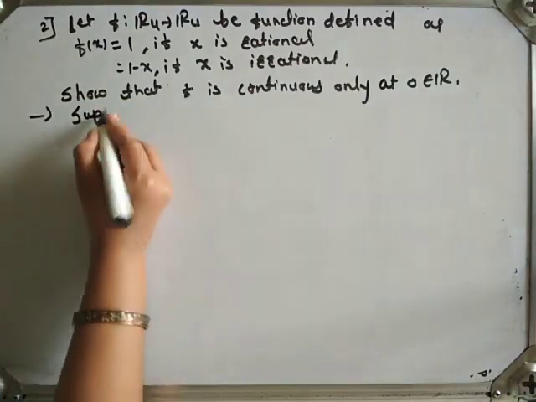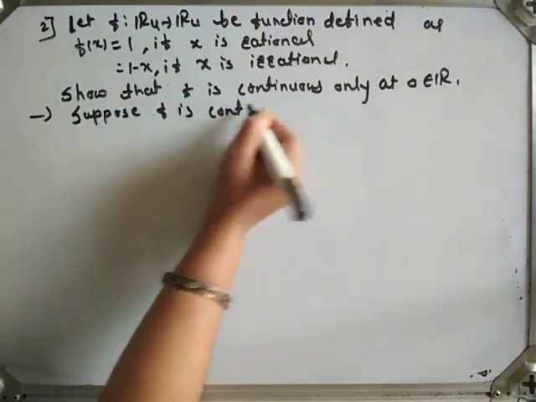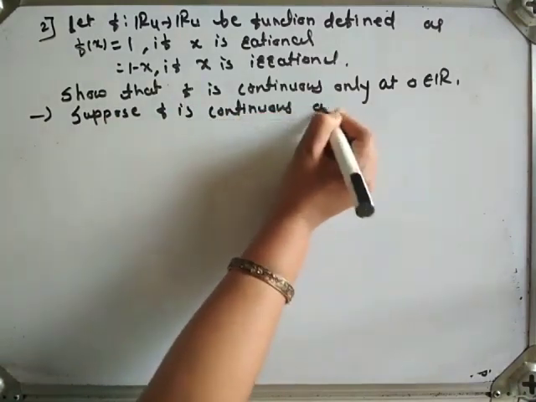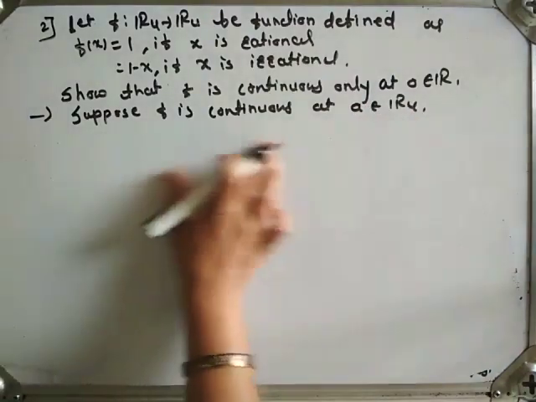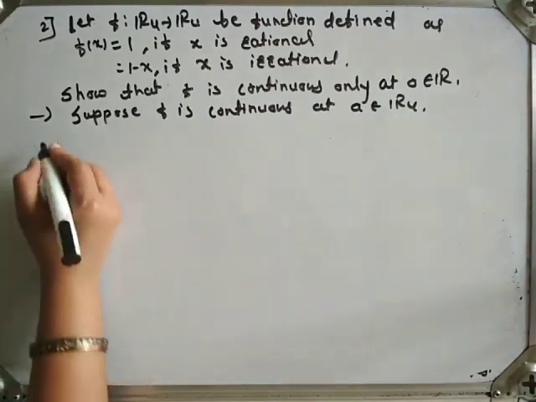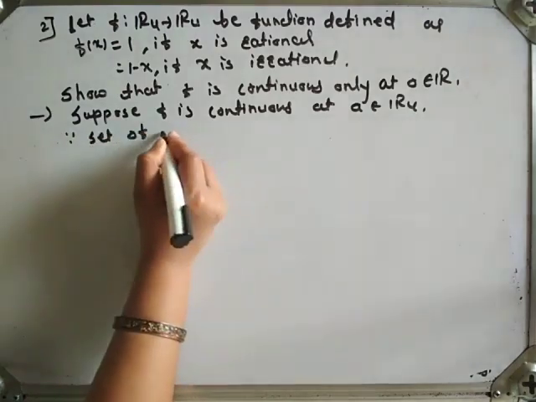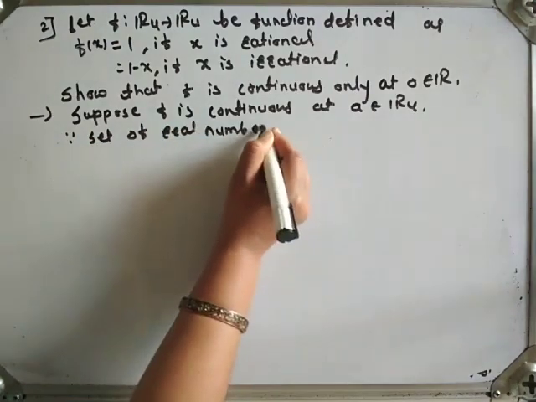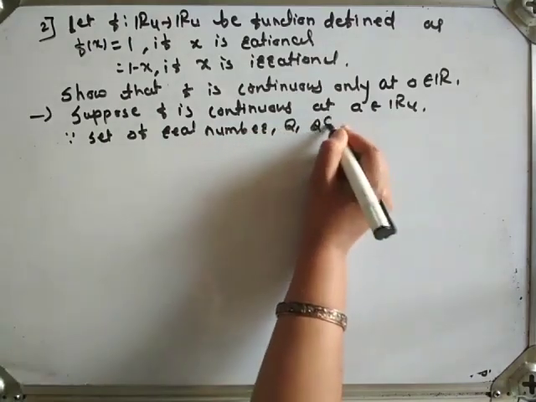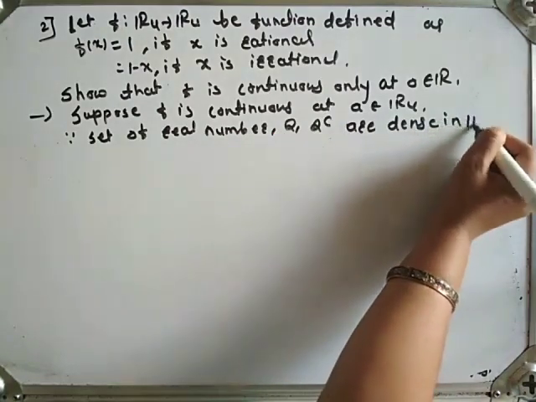Suppose f is continuous at a belongs to R. Suppose f is continuous at a belongs to R. Okay, since the sets of real numbers Q and Q complement are dense in R,